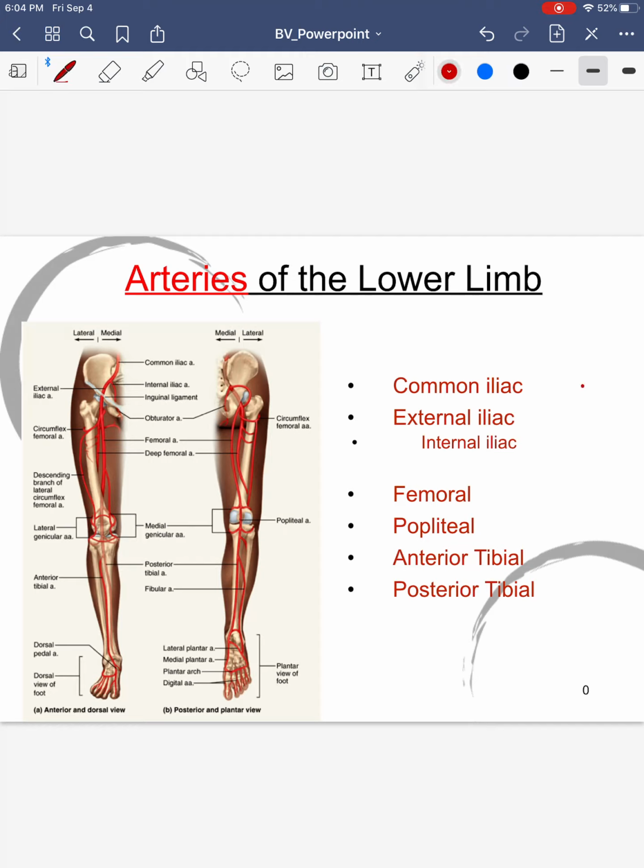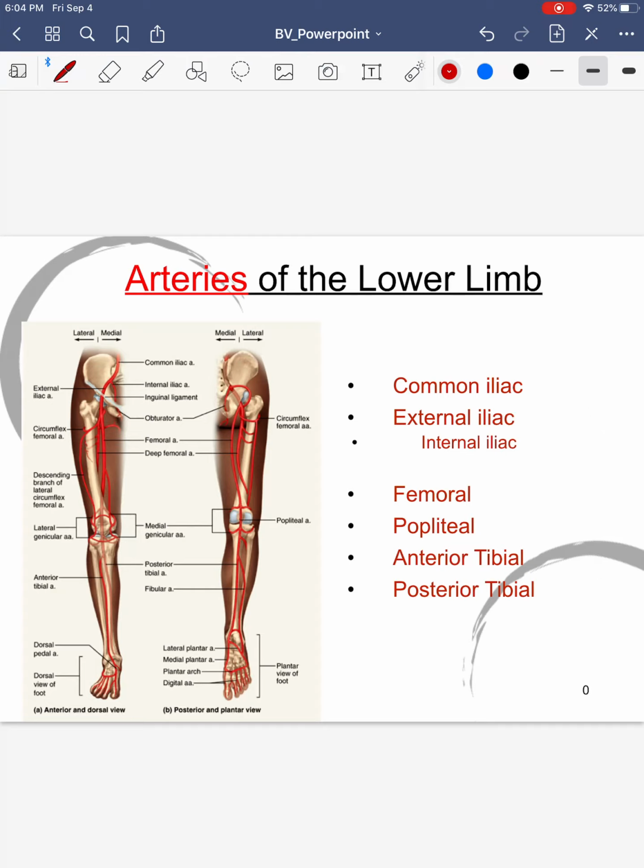Much like the arm, once you memorize the arteries, it is almost identical for the veins. So it may seem like a lot at first, but if you take your time, once you learn the arteries, the veins are pretty much the same. So for the